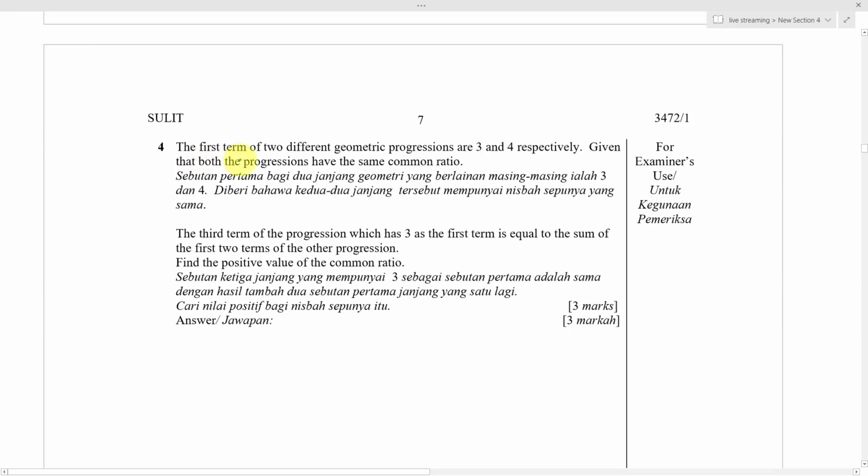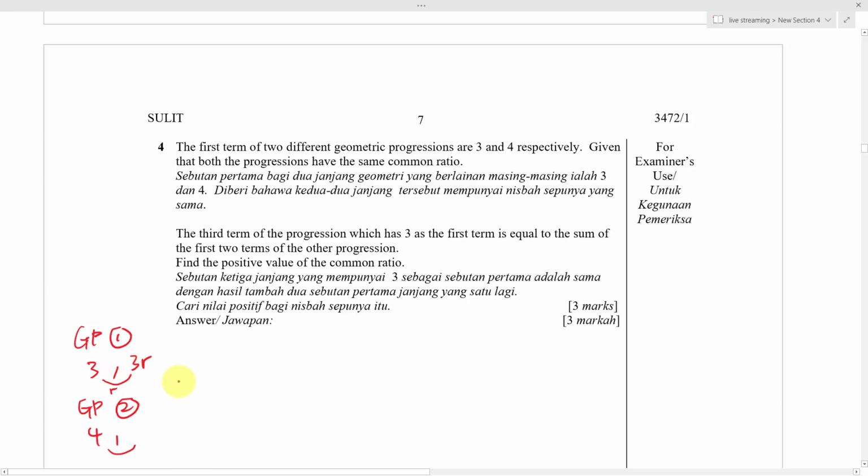So you have the first term of two different progressions. You have GP number 1 and GP number 2, and their first terms are 3 and 4, and I do not know what the next term is. Given that both progressions have the same common ratio, that means they have the same R value. So if same R value, I can know my second term is multiplied by R,